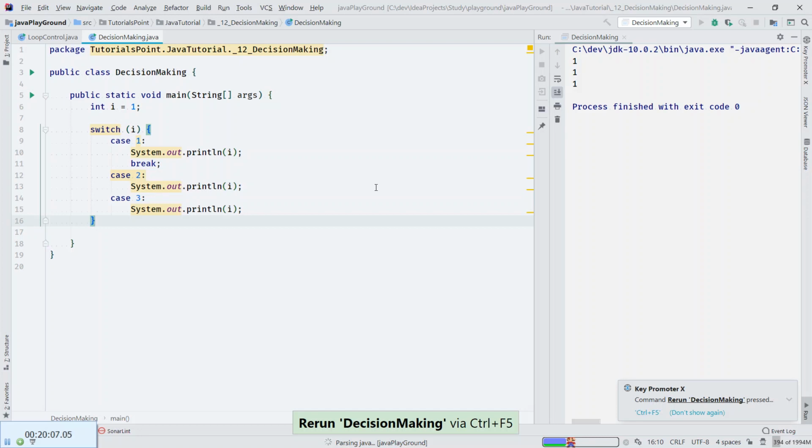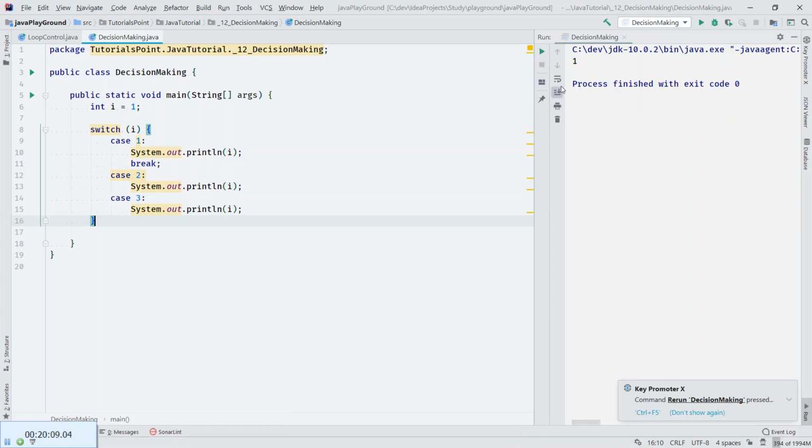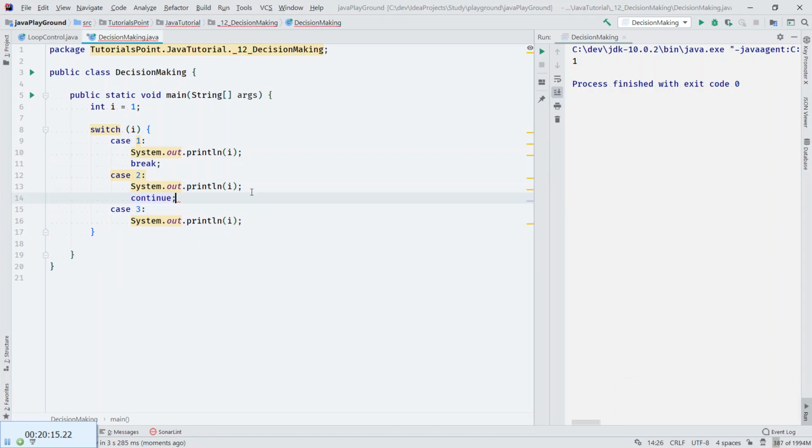Okay, so we can try that. Now we have only one. What will the continue do? Nah, we cannot do that. Even IntelliJ will not let us. So that is the switch, and now I think we can